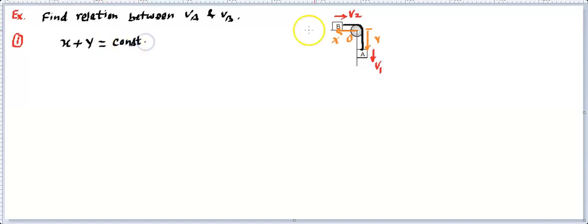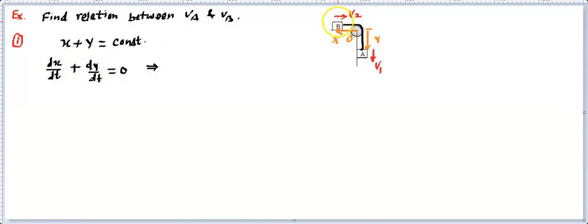Well, it may not be exactly equal to the length of the string, but it will be the length of the string plus or minus some number or something like that. But everything else is a constant, so we are writing simply a constant. So that's a constraint relation for this particular case. And now we can go for the differentiation. So we will write dx by dt, differentiating with respect to time, plus dy by dt, differentiating with respect to time, equals 0. Constant differentiation will become 0. And then go ahead.